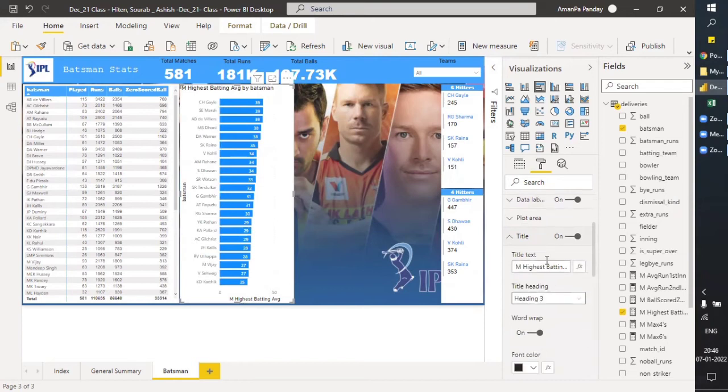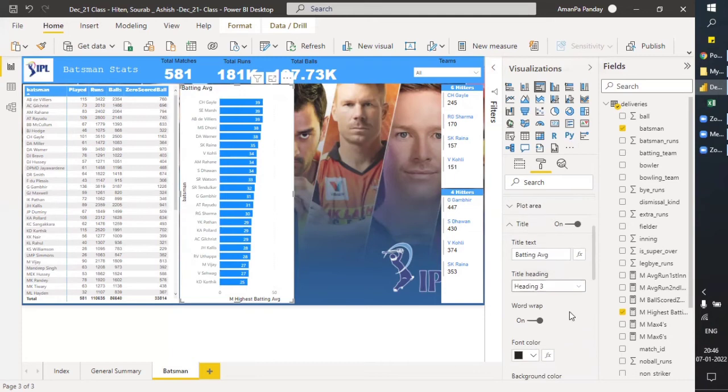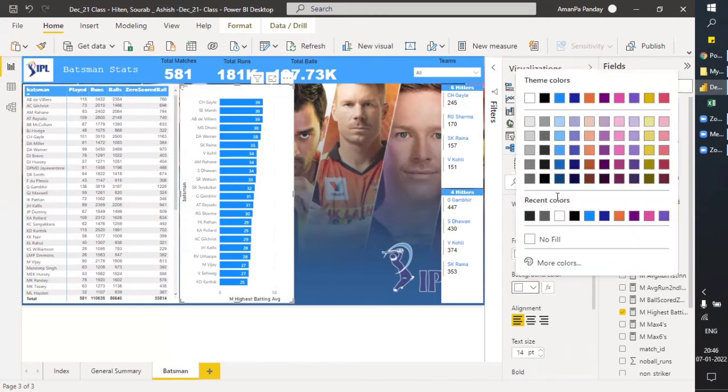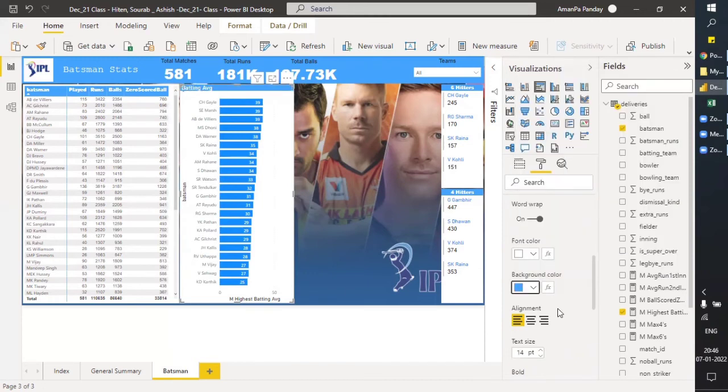We want it as only batting average, and the font should be white, background should be this, middle element.